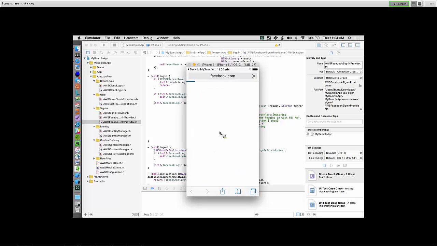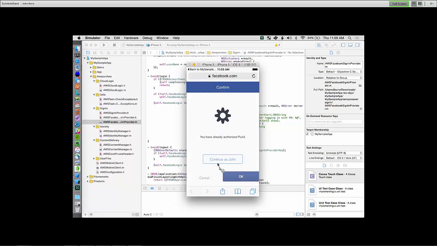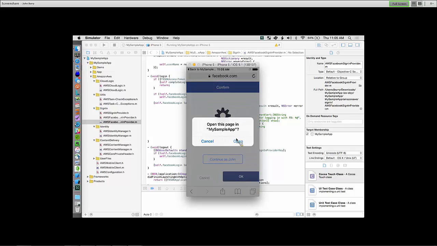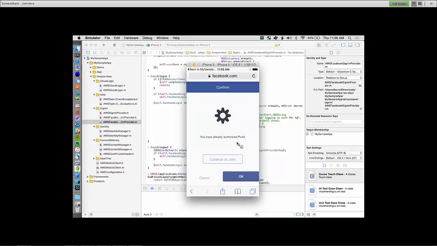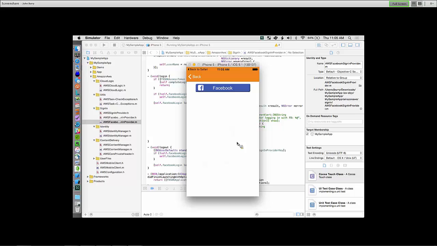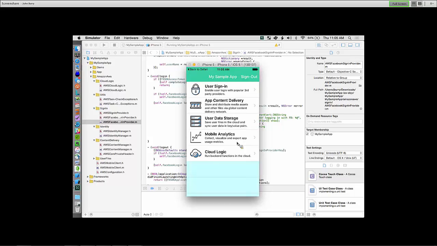Now on Facebook, you have an application on the back end. And I have a Facebook application that I created that's just a sample application called Polled. And I've already logged in with it in the OS, so I just have to say OK, authenticate with Facebook. And notice the screen just changed from orange to green.